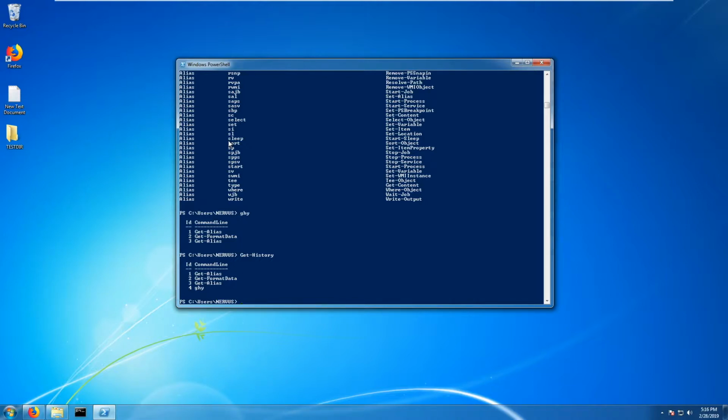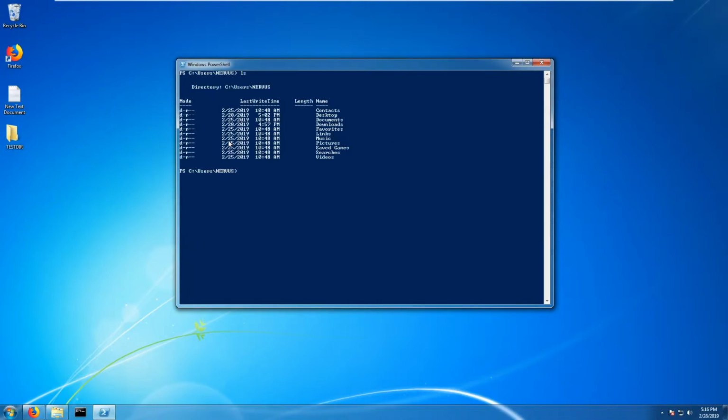PowerShell, I'd say, is the better version of command prompt. It can do many more things, and most of the commands are supported like in Unix. They are just the same, like the clear one and the ls one, where we can list, and even the format is similar. We have the mode with permissions, the dates, and the name, so it's kind of the same output. We have a lot of objects to play with. We can, for example, set things using different kinds of commands and objects. We can get different kinds of objects, like get-process,